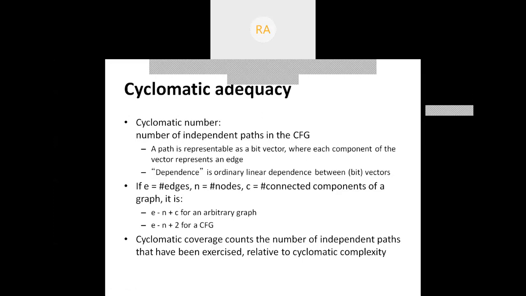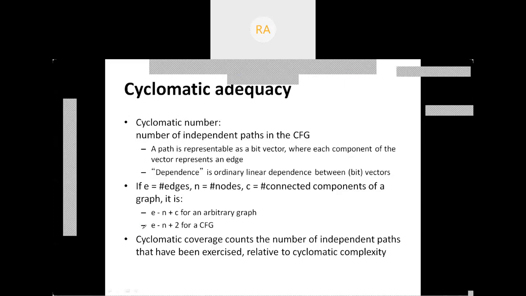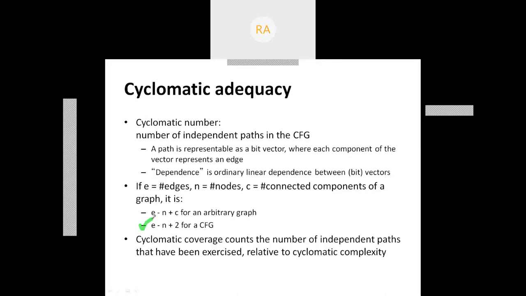Please remember this formula, E minus N plus 2, for any control flow graph, in order to find out the number of independent paths existing in the specific control flow graph, where E represents the edges and N represents the number of nodes in the control flow graph.